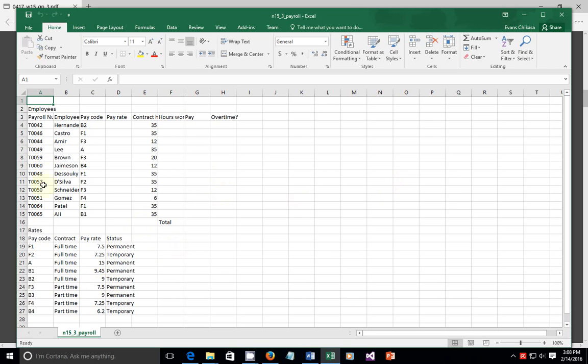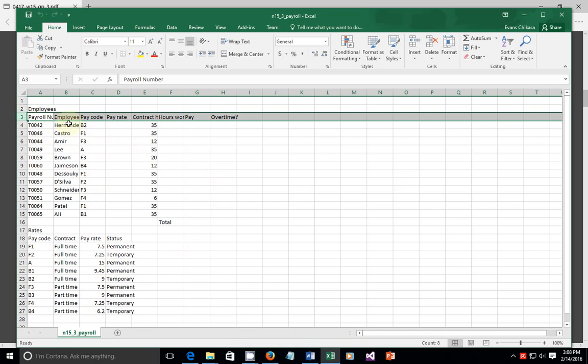So examine the contents of this file. Okay, this is what I have. Now there was the section that says make sure that the contents of the cells are fully visible. You'll notice that in cell 3 some of the headings are not fully visible. So you need to make sure that they are fully visible, and how you can do that is by going to the boundaries of A and B. When your cursor changes to that direction, double click on that